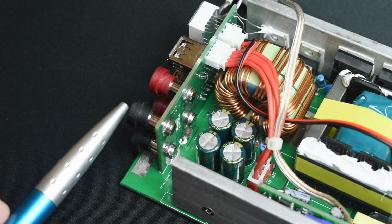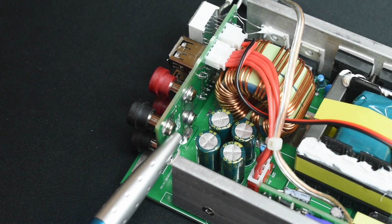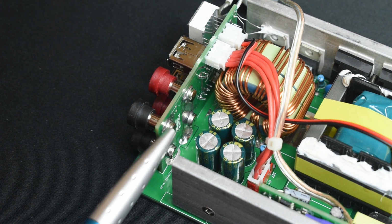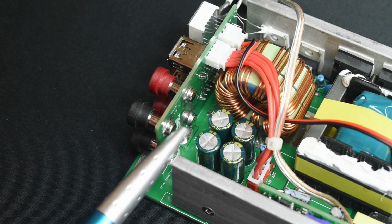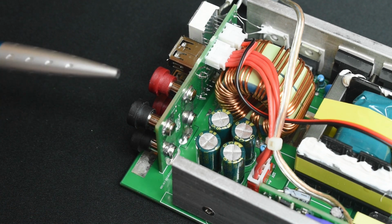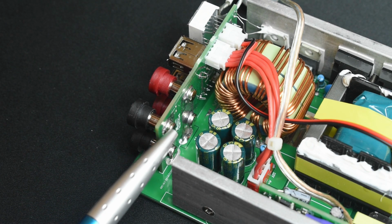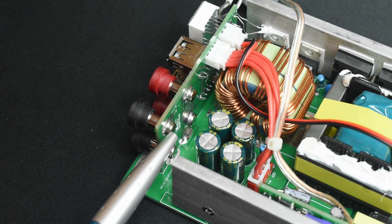Just to show you what I mentioned earlier with the banana jack, you would insert the drill bit and drill out the very end over here. There's just a little tiny hole in it. Hold your vacuum hose behind it. You don't want any filings landing on the circuit board, and you're going to drill straight through. Once that happens, insert your wire, and then you could use a 40-watt soldering iron to solder the copper wire